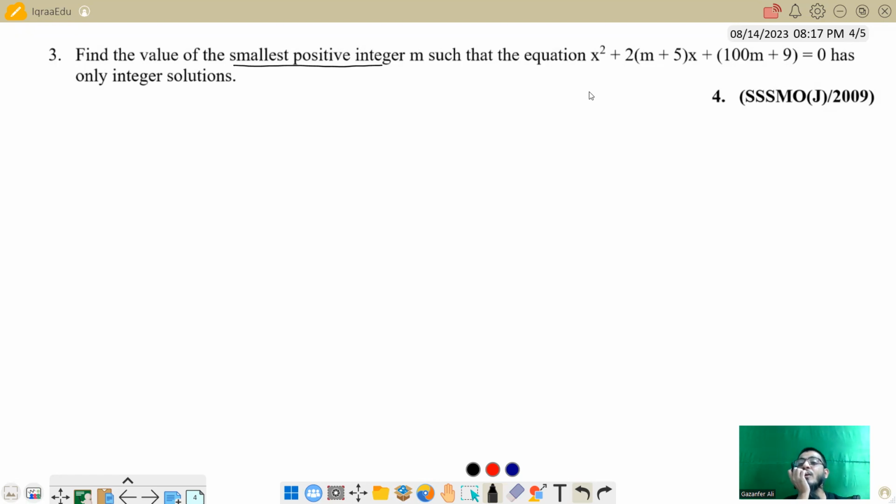So if this is only integer solutions, the first thing is, what can you tell about the discriminant? It will be greater than or equal to 0, and it has to be a perfect square. So b square is 4 times (m plus 5) square, b square minus 4ac,